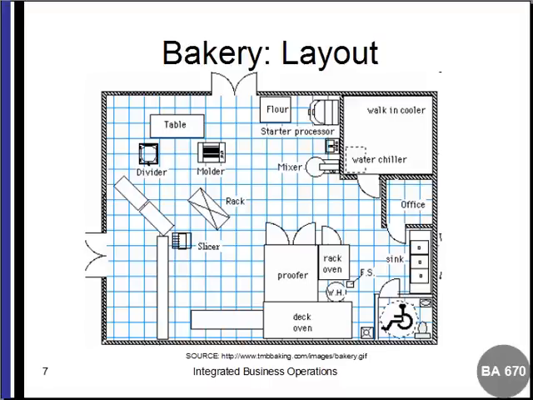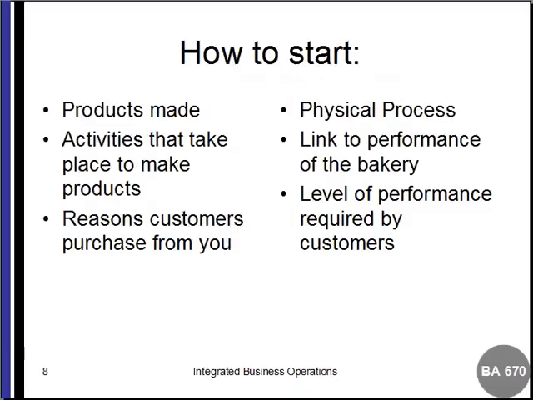So if we're going to analyze the bakery, where do we start? Well, we start by looking at what products are to be made, what kind of activities need to take place to make the products, reasons customers purchase from you, what the physical process is like. Let's link the process to the performance of the bakery, and then let's also look at the level of performance